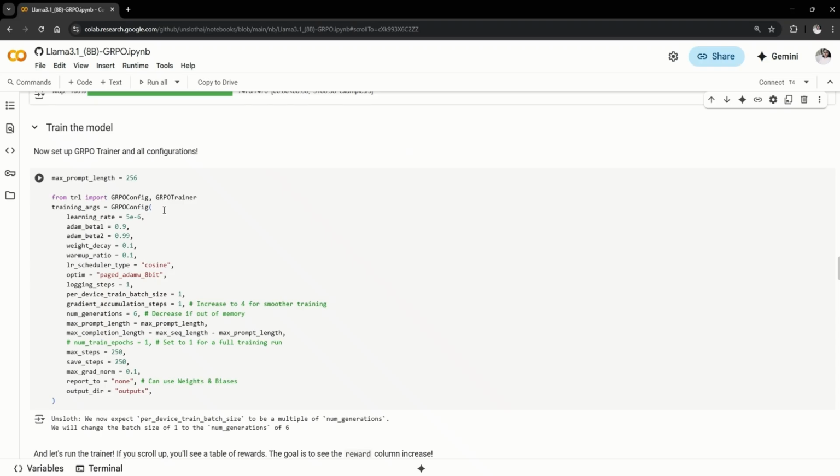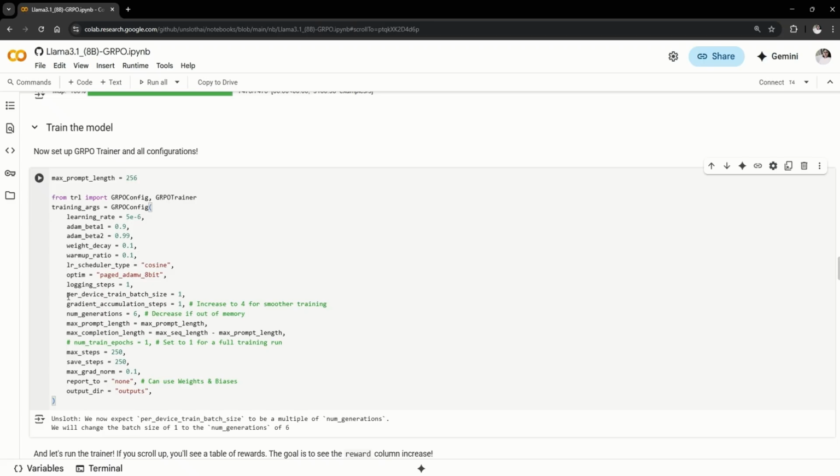Next, we load up the GRPO trainer, and from the TRL library we have this GRPO config that will load it up. Here again, there are certain parameters that you can tweak. Instead of using paged Adam 8-bit, you can just use Adam. For the LR scheduler type, you can give it cosine, I would say. And maybe keep these types of parameters as they are. You can tweak a bit and check if you're curious.